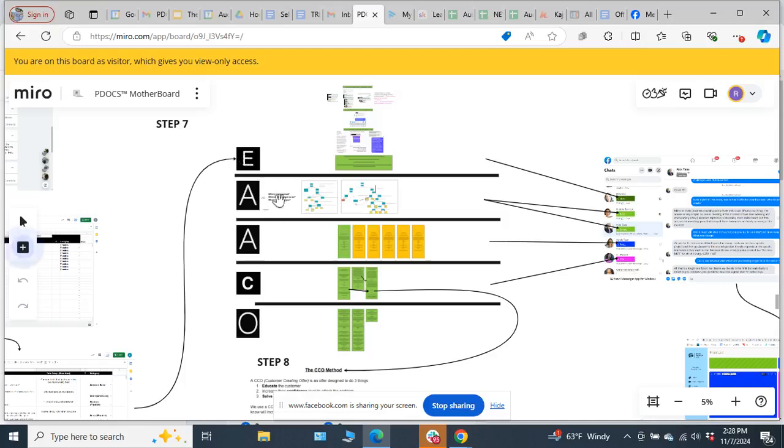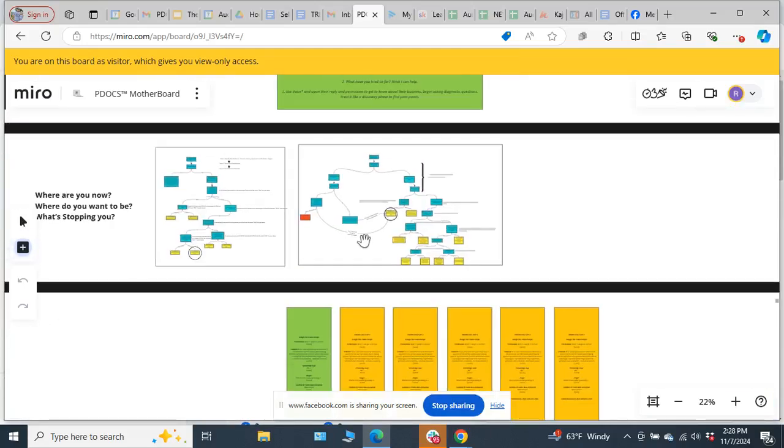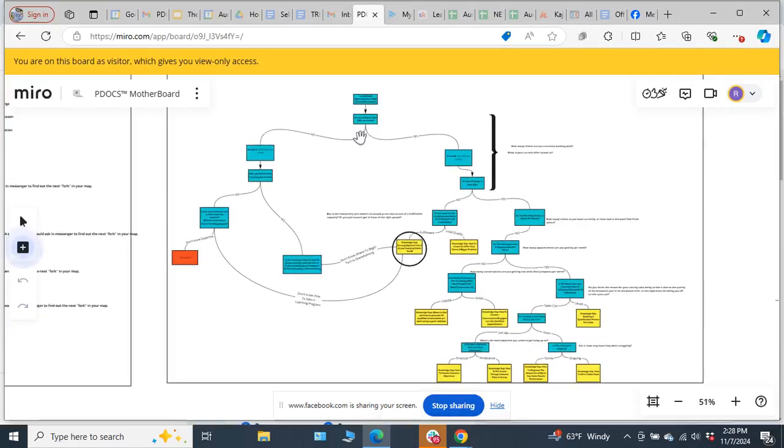And then we're going to assess where they're at. That's where we do our knowledge gap analysis. If you guys have heard me talk about it so much in PDOCS, it's one of the biggest things we do. And this is just an overall example of a huge knowledge gap board. So a knowledge gap analysis is where we're assessing, and then we drop them into a specific bucket. Basically, when we know our knowledge gaps and then we start talking to a prospect, we're going to ask them questions till eventually they fall into one of these yellow buckets, right?